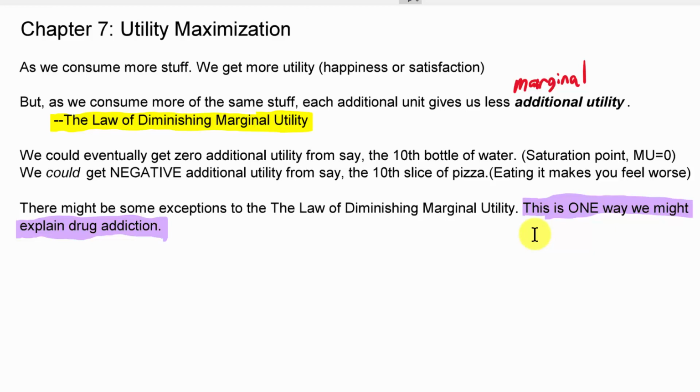It could be that some factor of the drug interacting with the body and the brain makes people believe that the second one is better than the first one. I've talked to some people who are drinking too much, and sometimes they have this perception that the second beer tastes better than the first. And the fourth one tastes even better than the second one. And once they really get going, that eighth or ninth one is really, really good. They think it's adding to their enjoyment more than the first one did.